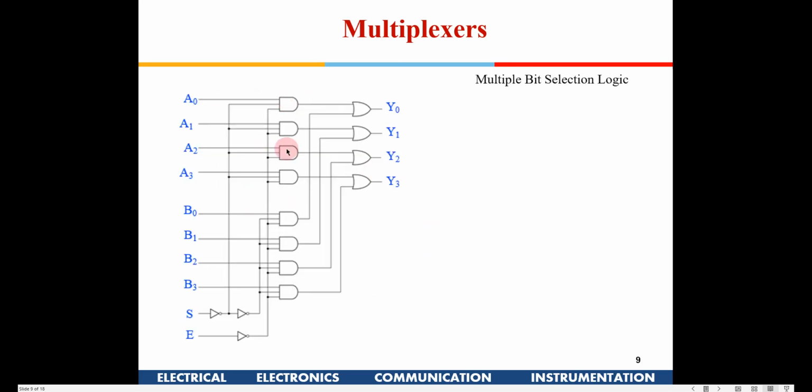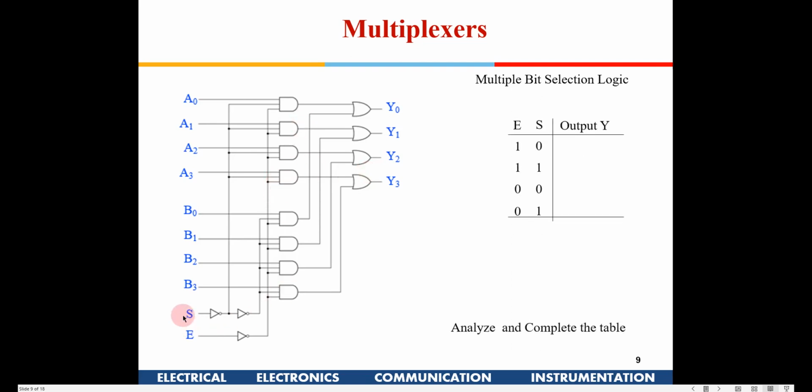So this is one mux. Okay, if you try to understand how this works, you will find there is one select line and one enable line. What it does here in this particular case is that it is 4-bit data which is available, A3 to A0, B3 to B0. So this entire A3 to A0 is one set of 4-bit data. Similarly, B0 to B3 is 4-bit data. The output is also 4-bit data. Now this is also one kind of multiplexer.